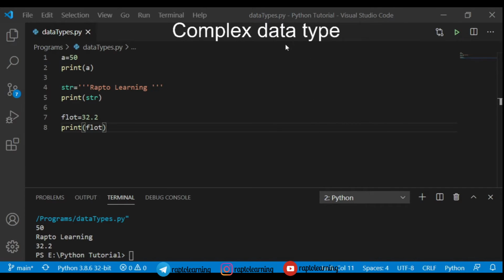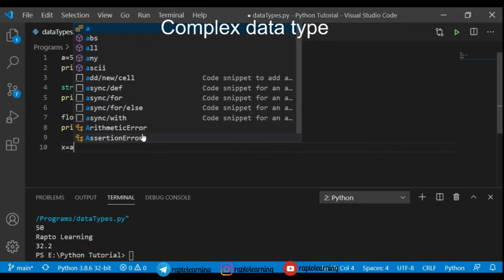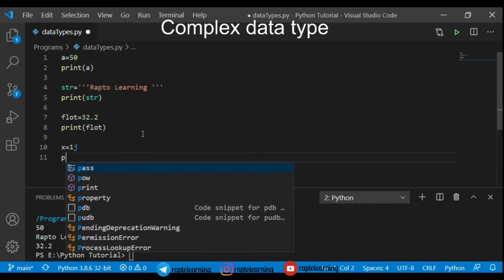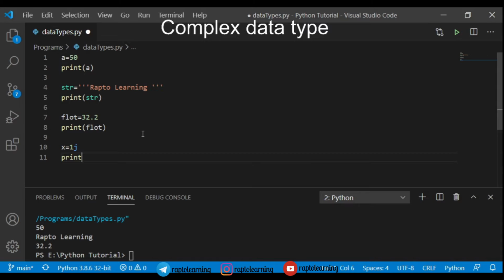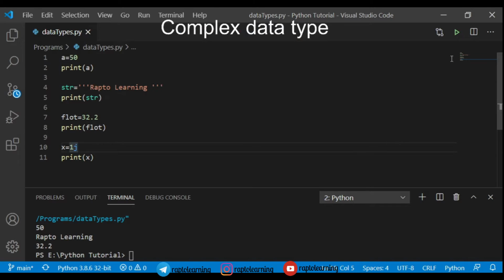So these are the simple data types. So we are going to study now the complex data type. Till now we have studied simple data types, right? So in complex data type, this is the first complex data type, that means in that you can give a number as well as an alphabet also. So this is a very special type of data type available in Python.